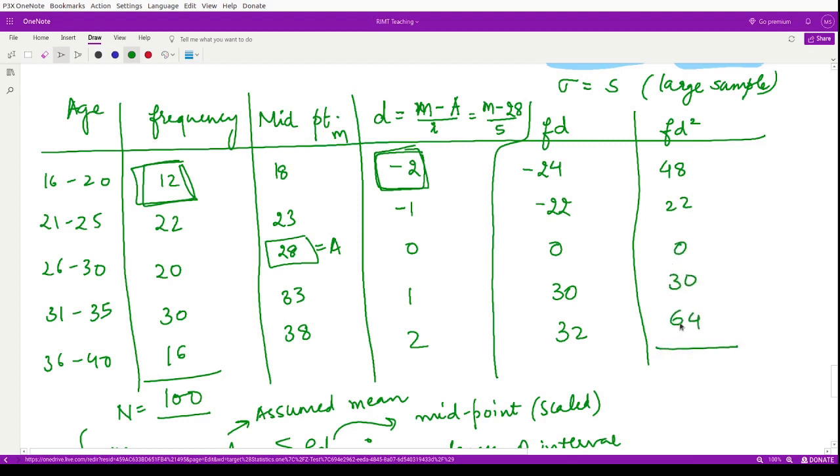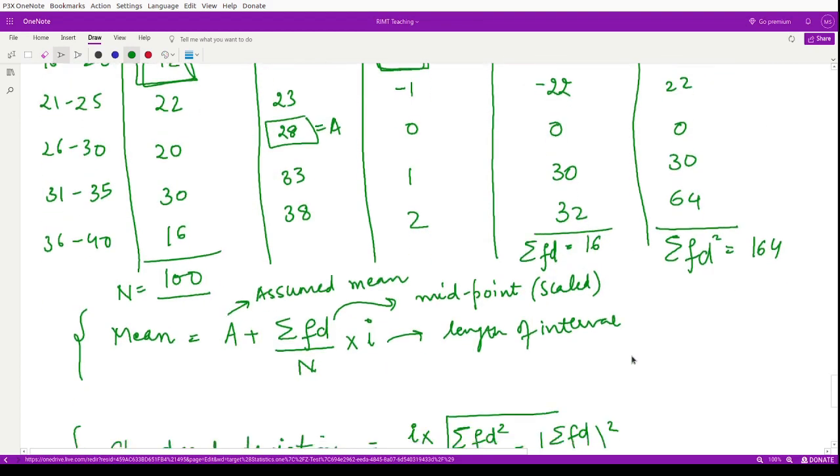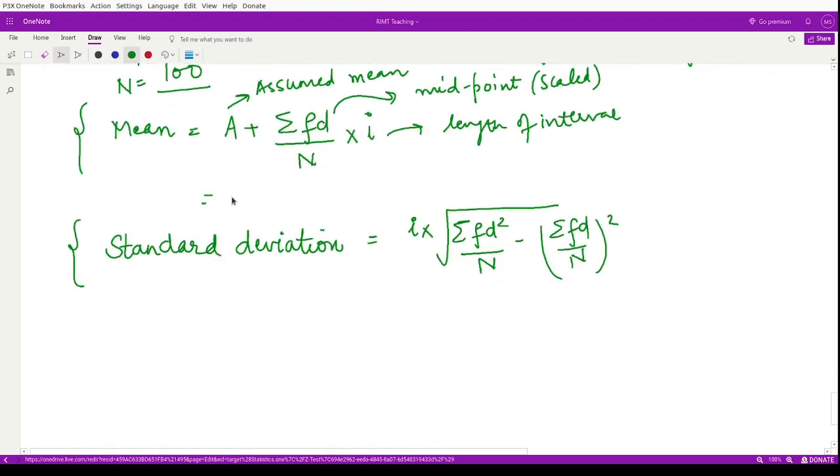Then you add up all these. So you will have summation fd square, which would be 164. Then you add up all this. So it would be summation fd, which would be equal to 16 here. So you have all the values. You can substitute in the mean. So it would be